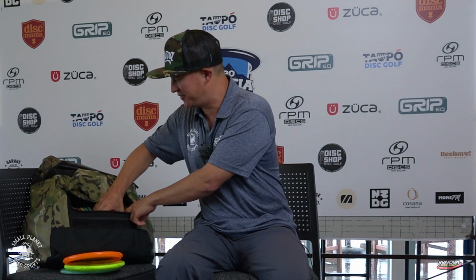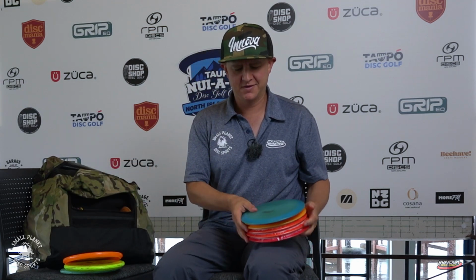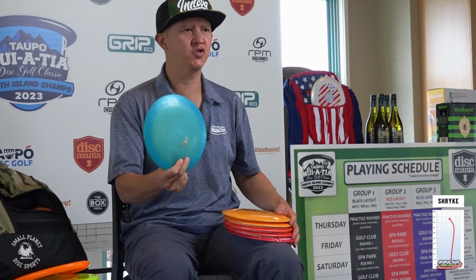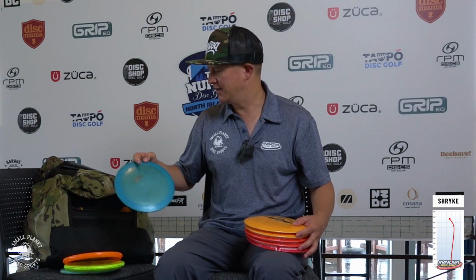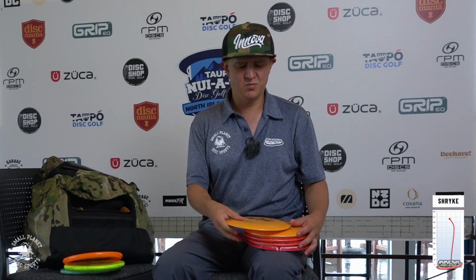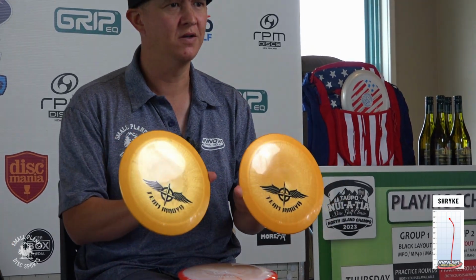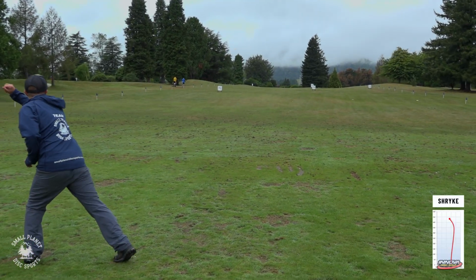And then we go into distancey stack of Shrikes. There's a lot of Shrikes here because when it's raining, I just want to pick up a dry disc and throw it. Very understable. The first Shrike that I ever threw is still here in the bag, in the blue champ plastic, going strong, but very understable now, for mostly backhands. And then I've got two of these newer G-Star Shrikes for maximum kind of distance,